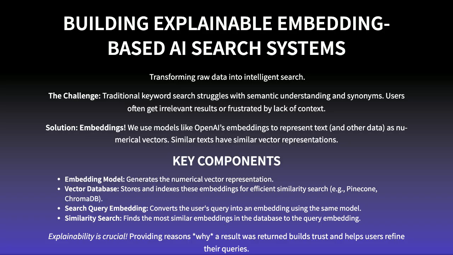We then store these fingerprints in a special database designed for quick searching, called a vector database. When someone asks a question, we convert their question into a similar fingerprint and use the database to find the most relevant pieces of information, those with the closest fingerprints. It's all about finding things that *mean* the same thing, even if they don't use the exact same